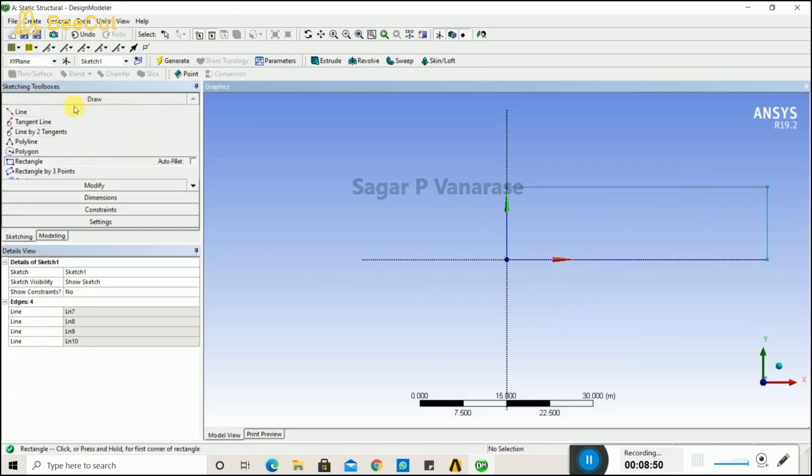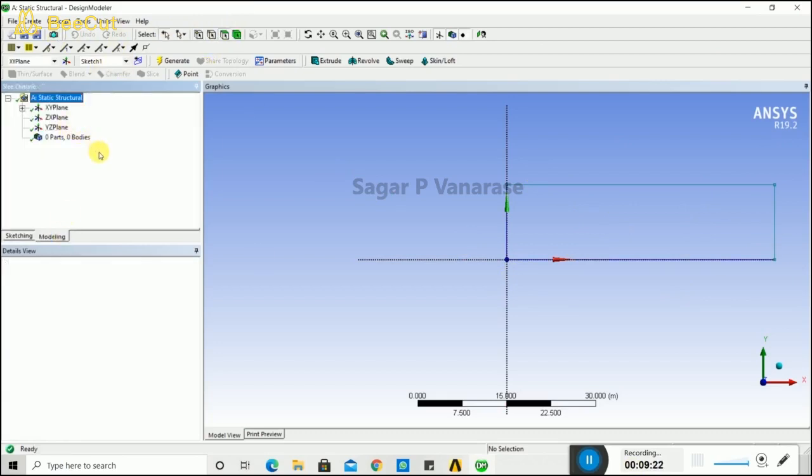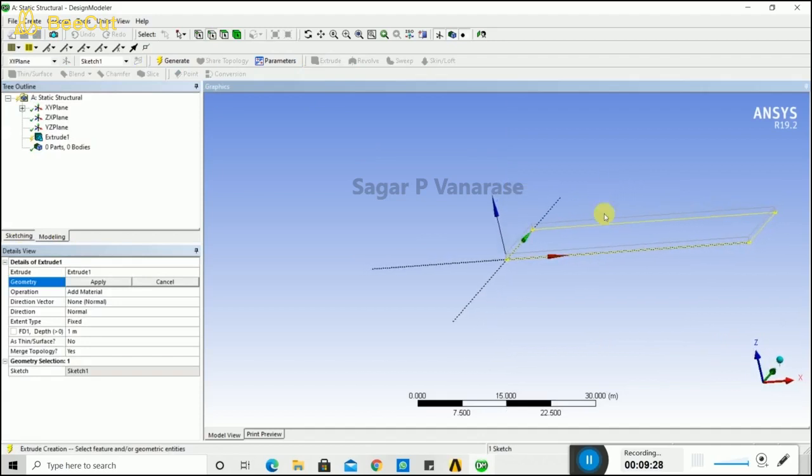From that I am taking the rectangle. I am drawing the rectangular bar. Simply drag it and sketch it as per requirement. Different types of drawing tools are there. It will be shown in the next video. I will be showing various types of sketching tools, with proper dimensioning and applying constraints on the diagram. But now I am taking a rough sketch, so we just have to go through it.